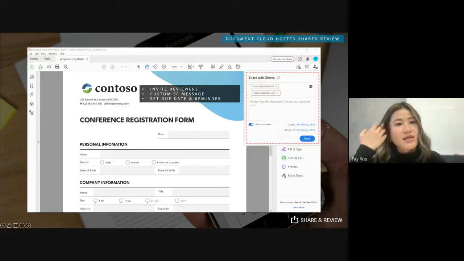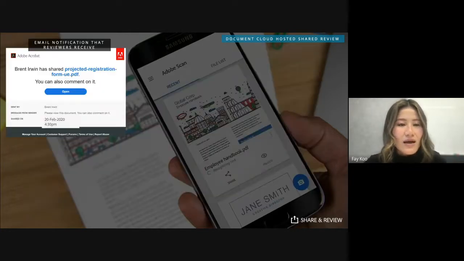So if you need a certain due date for your document review, you can set up this reminder as well as the due date. So Document Cloud is going to automatically send out a reminder if your recipient hasn't done their review and feedback by a certain date. So you don't actually have to do that manually yourself to set up a calendar invite. All right, so